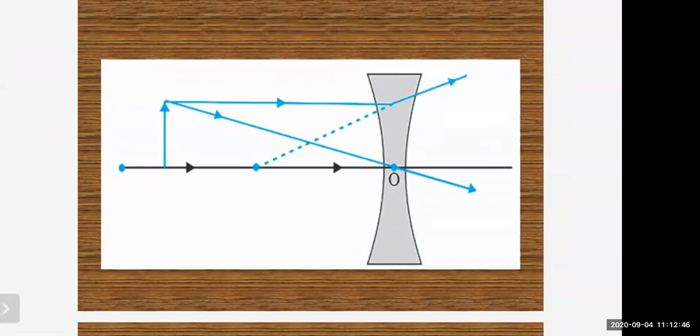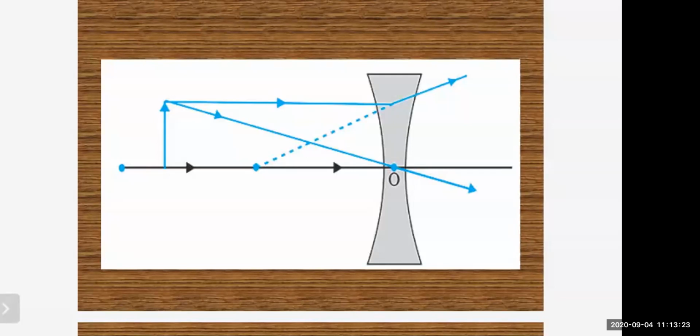Okay, now the next part is, now you have to learn the sign convention for a lens. What is meant by sign convention? Now in this, first of all, you should see that the optical center of the lens is taken as the origin, O. So you can write there O. O is what? Optical center of the lens. That is the origin. And the principal axis of the lens is taken as the x-axis of the coordinate system. Like when you are drawing a graph, you use the horizontal line as the x-axis.